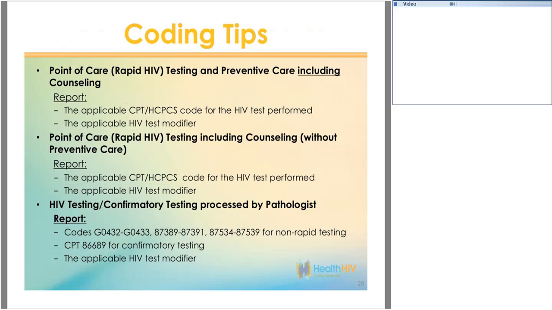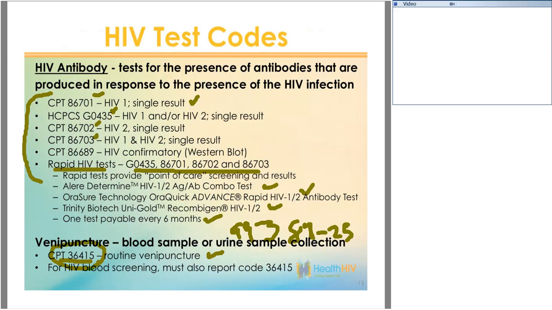So some coding tips. If it's a point-of-care rapid HIV test and preventive care is included, you would report the applicable point-of-care test code that was performed on that patient during that encounter. So I'm just going to go back real quick to the slide. Those point-of-care rapid codes are